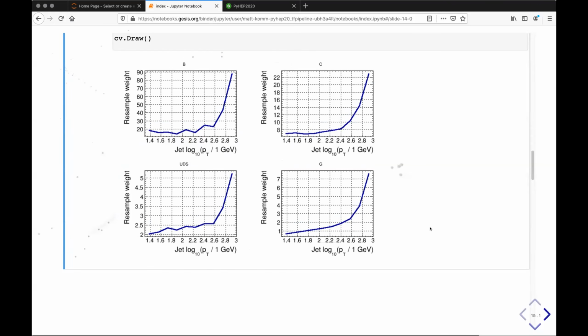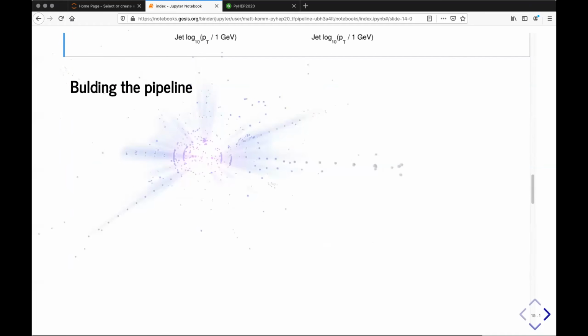And of course, again, this is just an example. So a weight above 1 means essentially it will be upsampled, but in general, you should really avoid this because it can cause overtraining or overfitting of your network rather quickly. But one can always prevent this by using just a very large data set. So then to build the pipeline,